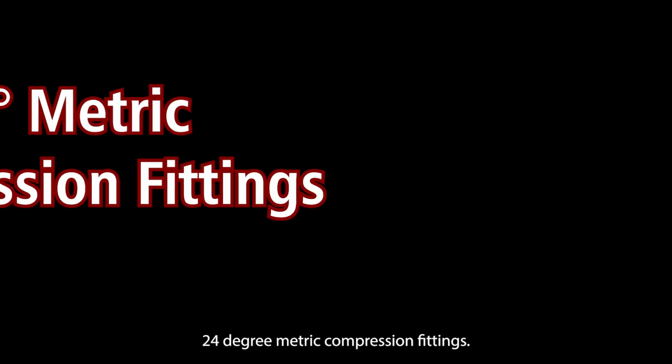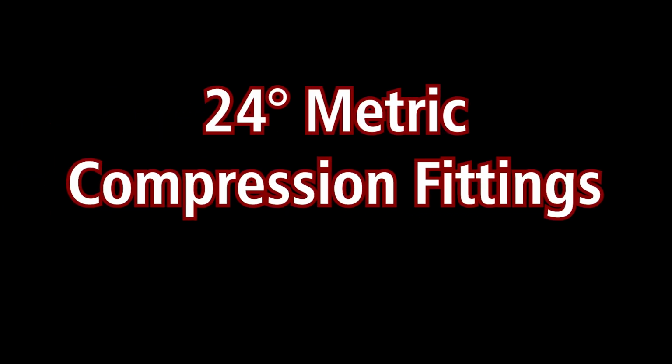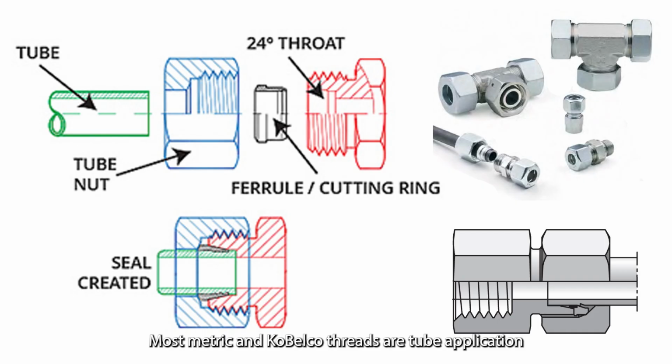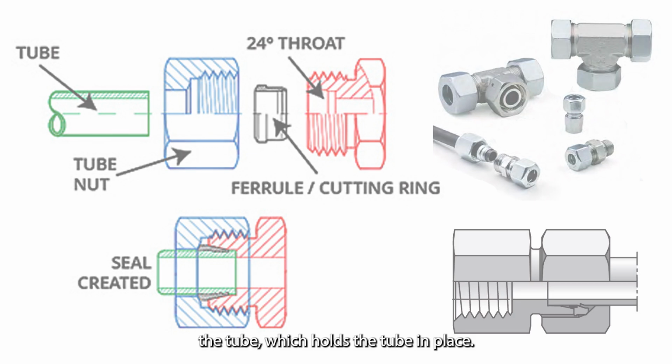24-degree metric compression fittings. Most metric and Kobelco threads are tube application capable because of a 24-degree tapered throat angle that exists inside the male threads. To achieve a tube connection, a tube nut is tightened over the metric threads, forcing a ferrule or cutting ring to grip the tube. When the nut is securely fastened, the ferrule squeezes the tube, which holds the tube in